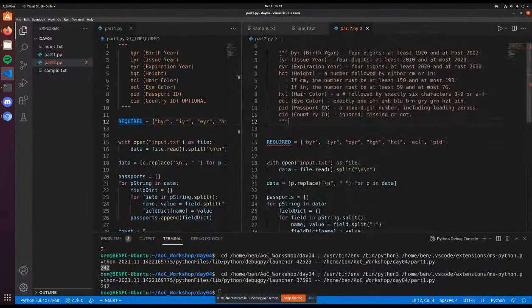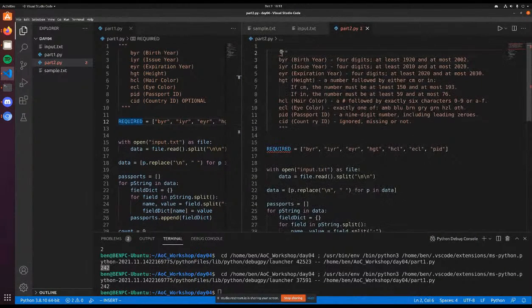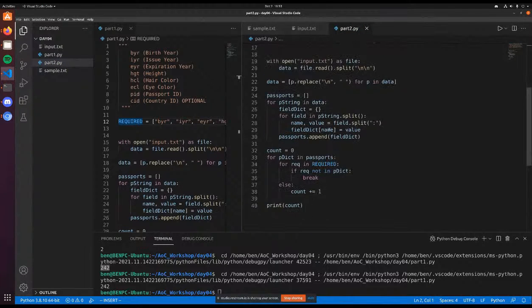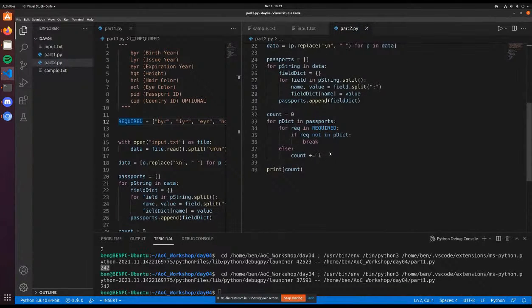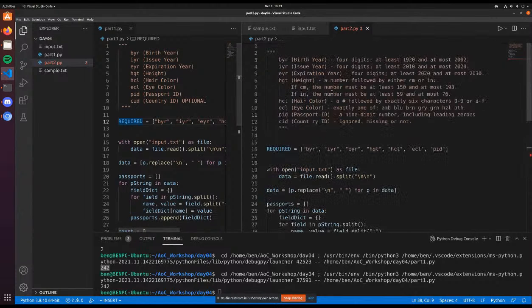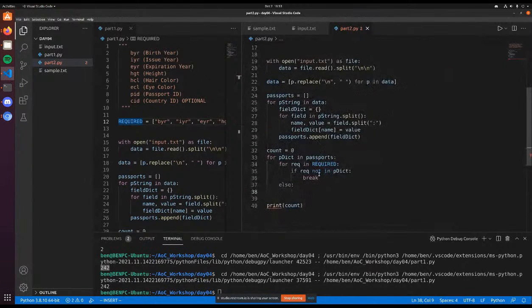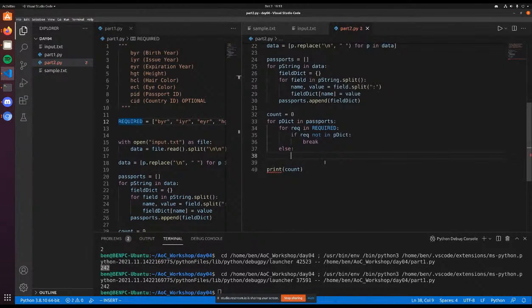Let's think about what we want to do to actually validate everything. Instead of just increasing the count by 1, if we know that the passport has all of the required fields, let's make sure it then checks out for the actual contents of those fields. So we don't have to change our original code too much so far. Let's just say, okay, if the passport has all the required fields, let's do another thing where we say if,